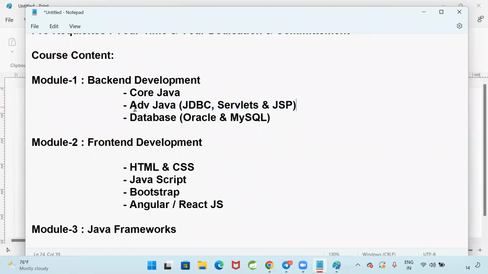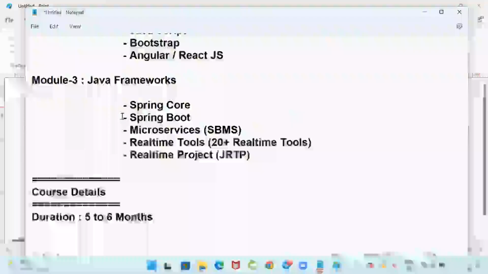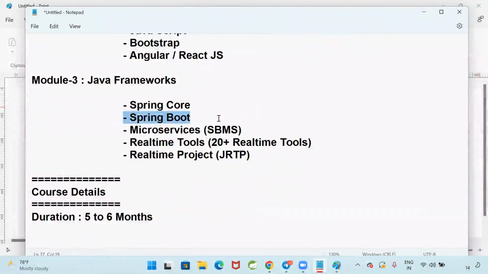Currently we need this knowledge, but we are not going to work with these technologies directly in the project. Why do we need to learn advanced Java, sir? The Spring and Spring Boot that we are going to use will internally use JDBC and servlets. So in order to understand Spring Boot or the Spring framework, you need to have some knowledge of JDBC and servlets. That is the prerequisite. To understand that, we are not going to memorize anything.